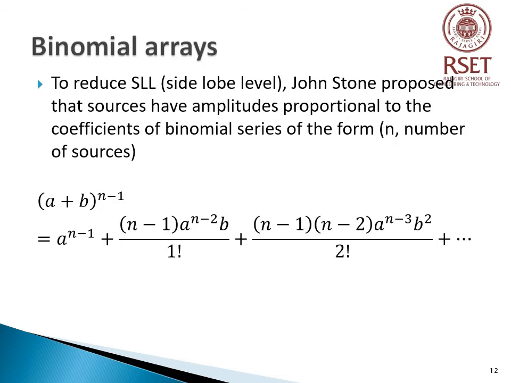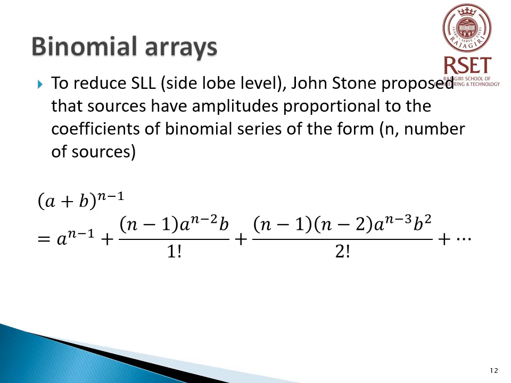So linear arrays of equal amplitude isotropic sources were discussed previously. Here we discuss the more general case of non-uniform distributions. A uniform distribution yields the maximum directivity or gain, but the side lobes are large. So to reduce the side lobe level of linear in-phase broadside arrays, John Stone proposed that the sources have amplitudes